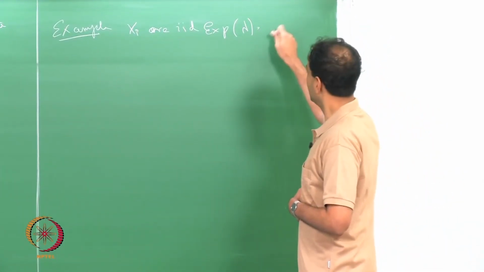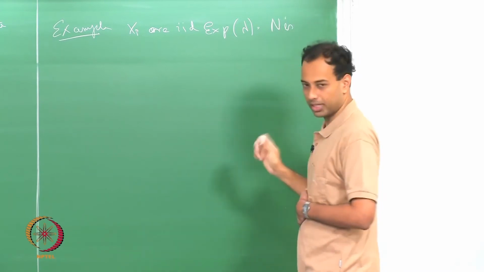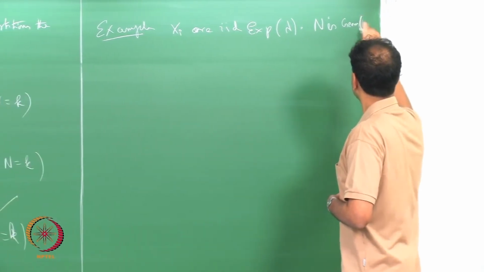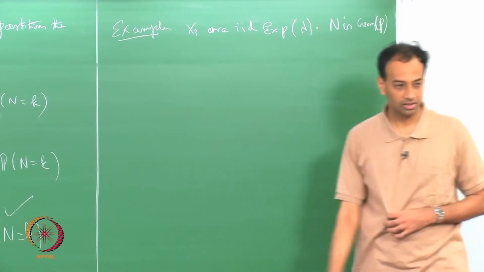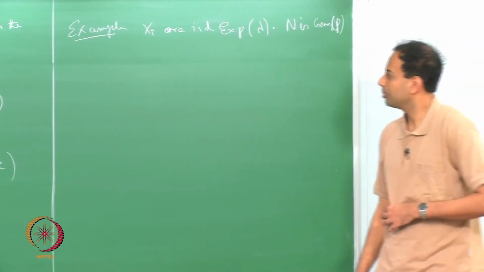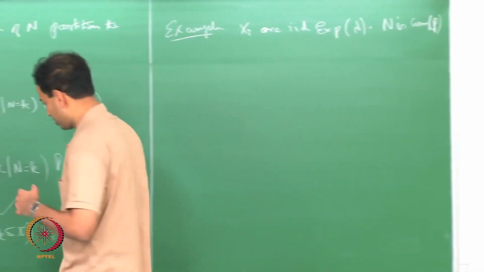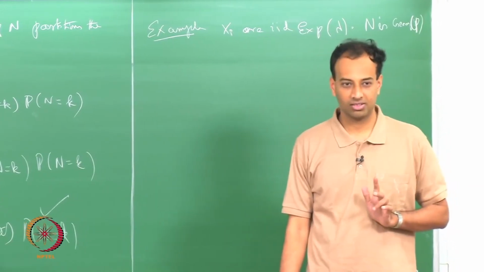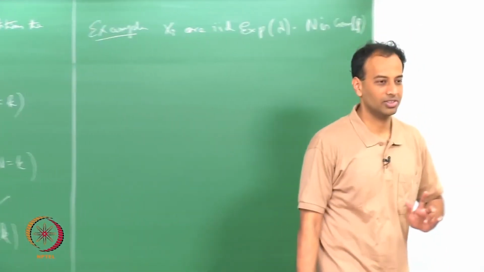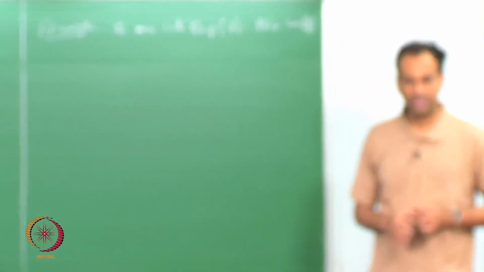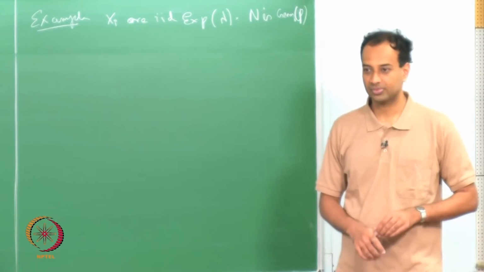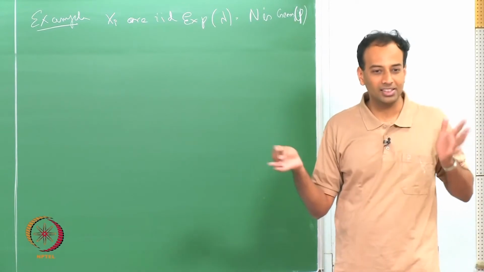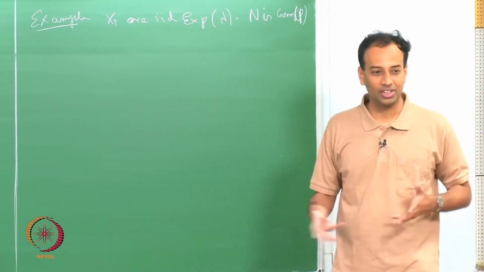So, Xi is IID exponential and N is independent of the Xi's and geometric with parameter p. So, I am summing. When you sum IID exponentials you get what? You do not get an exponential. You get an Erlang, right, we discussed this. I think we derived in fact the Erlang 2 formula explicitly, and if you sum n exponentials, you get the nth order Erlang.